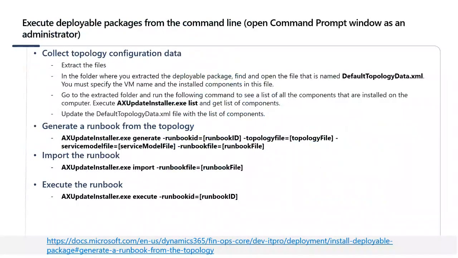Once you decide to execute the data upgrade deployable package manually through the command line, you need to consider the steps which will help in executing the deployable package manually. The first important step is to open the command prompt window as an administrator. Here are the steps at a high level with commands to execute, starting from collecting topology configuration data